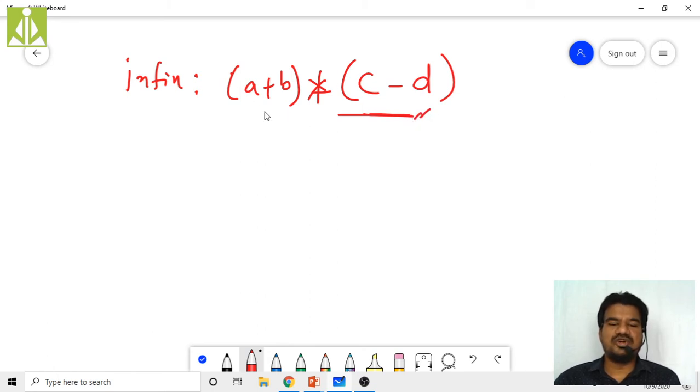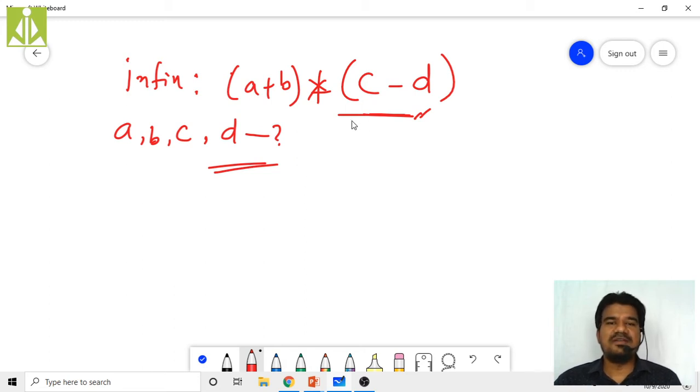So what do we need in order to evaluate this expression? We need the values for all our variables, for all our operands, isn't it? We need to know what is the value of A, B, C, and D. We have to know all these values, then only it is possible to evaluate this expression.